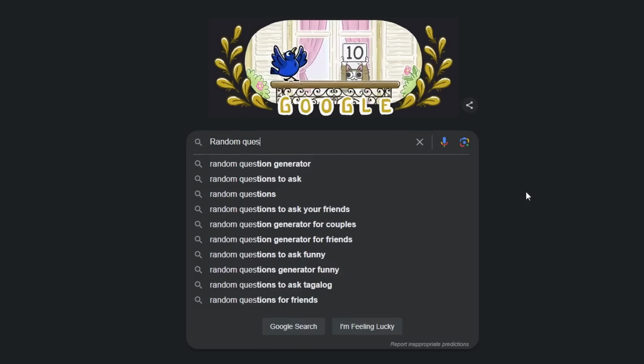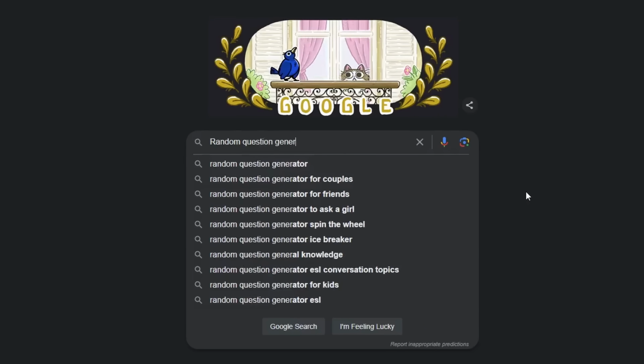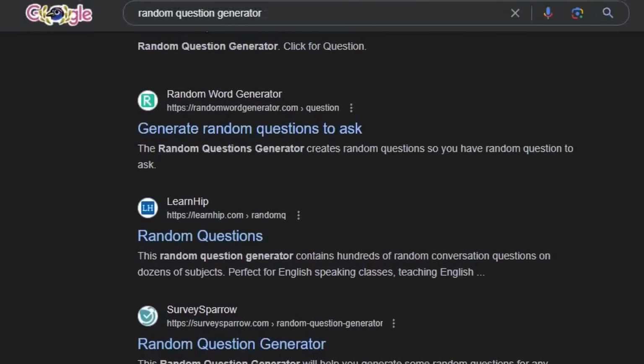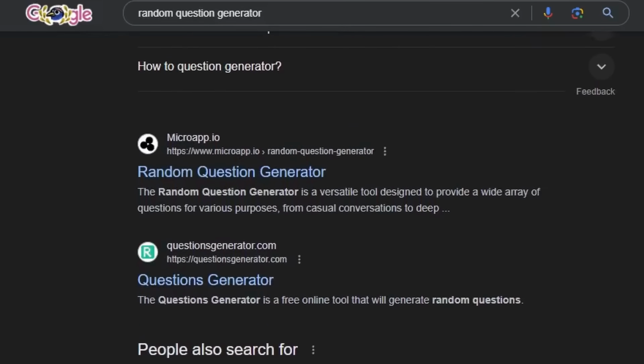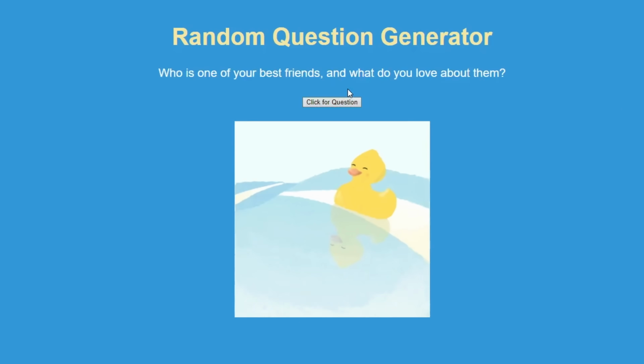All you need to Google is "random question generator." There are many different websites, and I will leave my favorite websites in the description. Now, what you can do with these websites is click the button that generates a